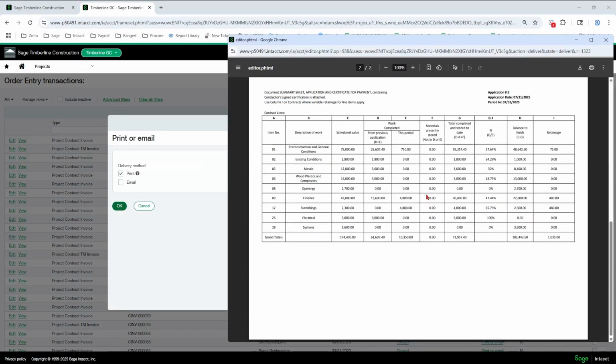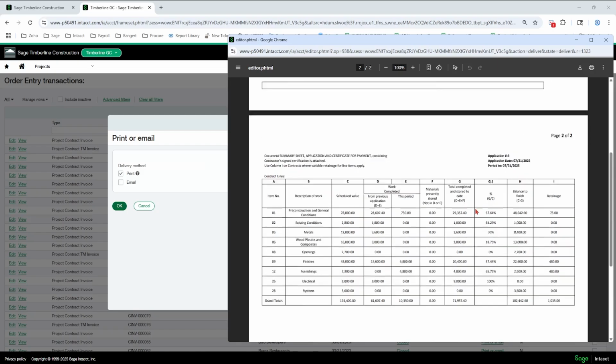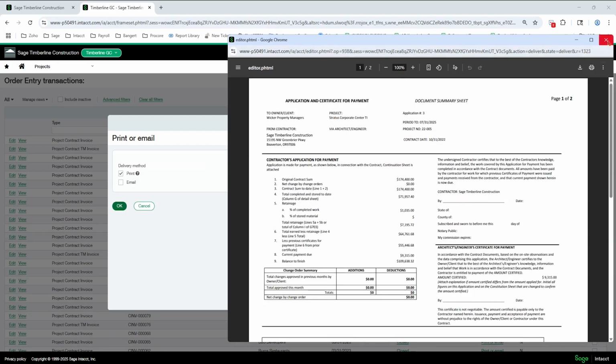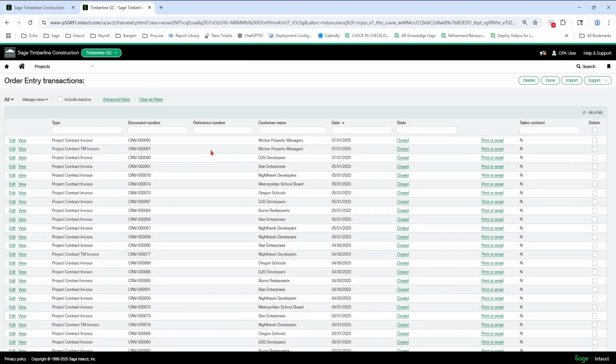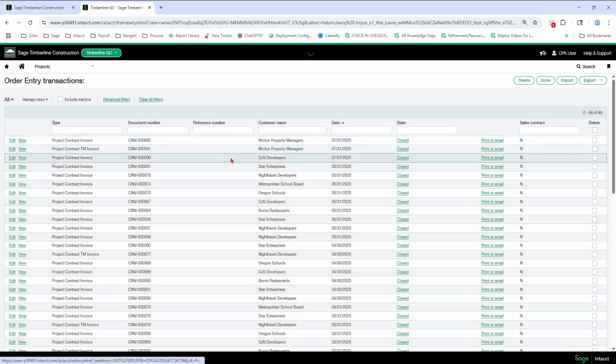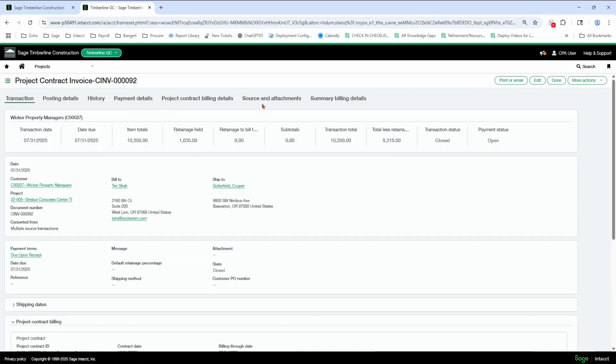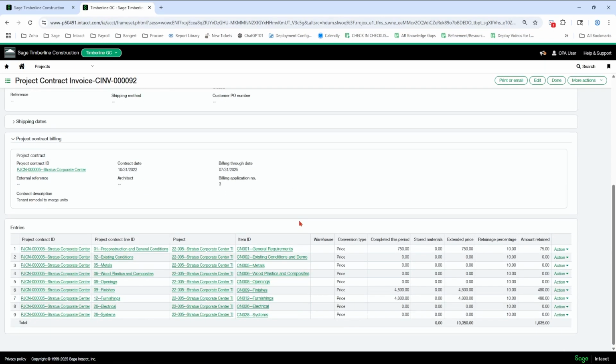Okay, now you can see my AIA. So the 10,350, it treated it just like it did when I used Progress Bill, but it filled in the amounts for me. Again, view the screen. You're going to have all those summary tabs like before. I was kind of going through.